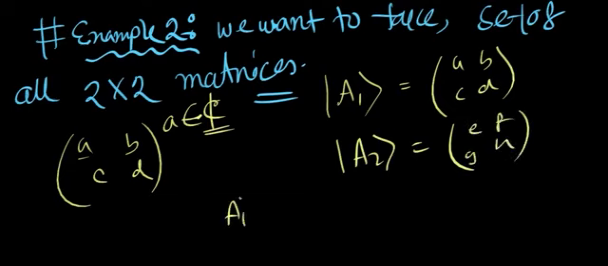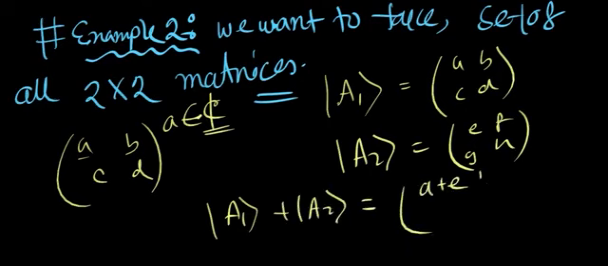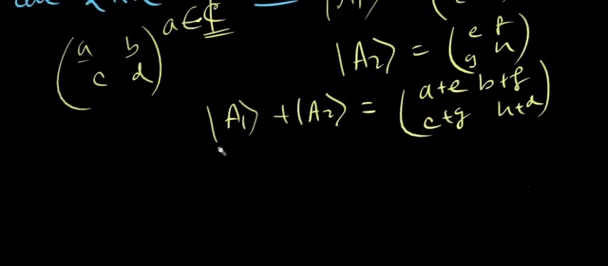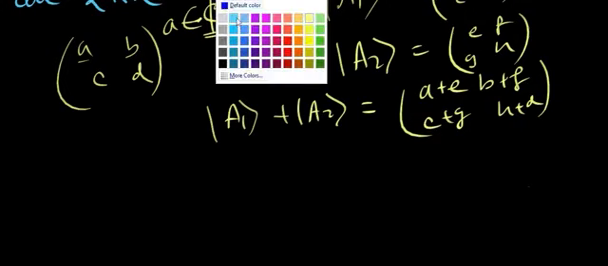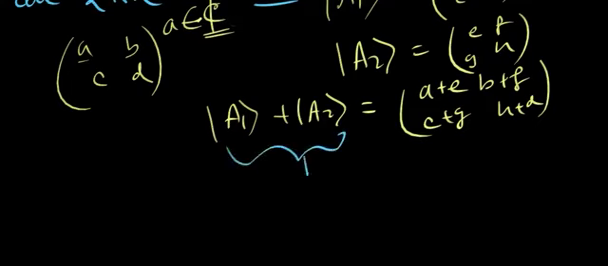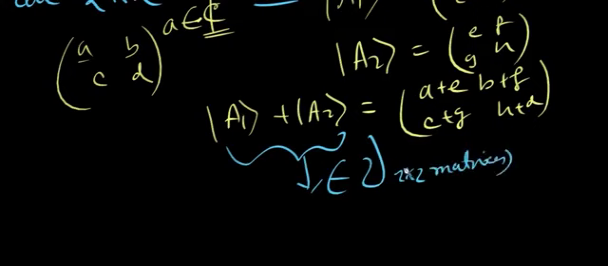If I add them, this is just A plus E, B plus F, C plus G, D plus H. So as you can see, this whole thing also belongs to that vector space of 2 cross 2 matrices. I mean, the set of 2 cross 2 matrices will form a vector space like this. And the reason I'm saying this without checking the second property is that from our earlier discussion from week 1,